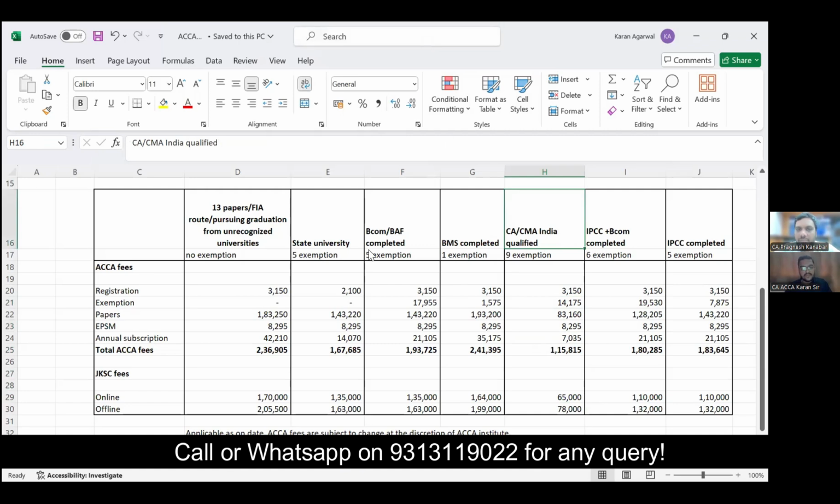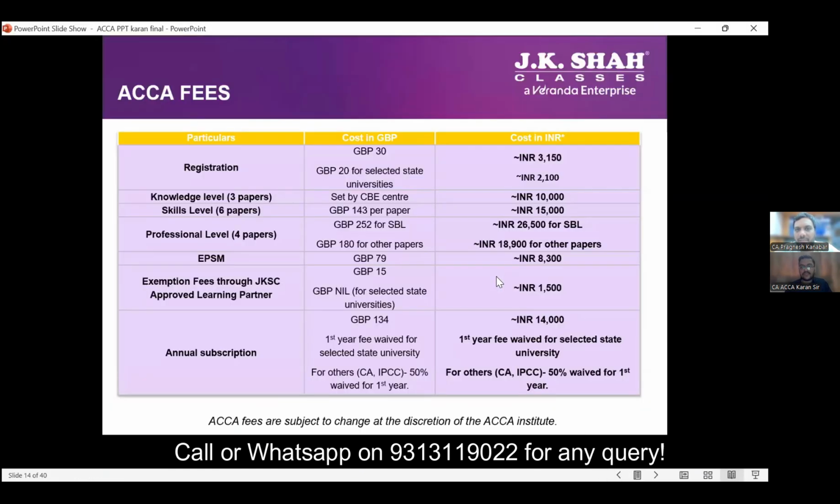So I think up till now the summary is that 4 papers you are supposed to give and 2 lakhs is the cost. Now, sir, why should they go for this? Before this, I would like to clarify that 2 lakhs is the maximum cost, like we have discussed. It is the cost on a higher side.